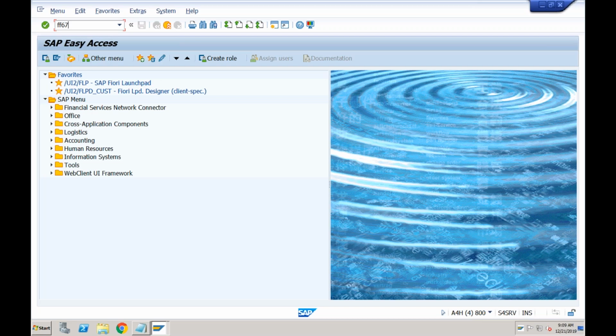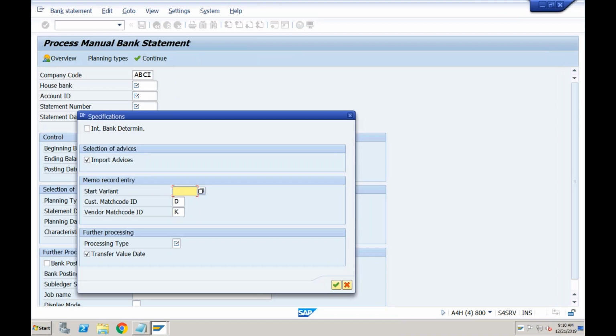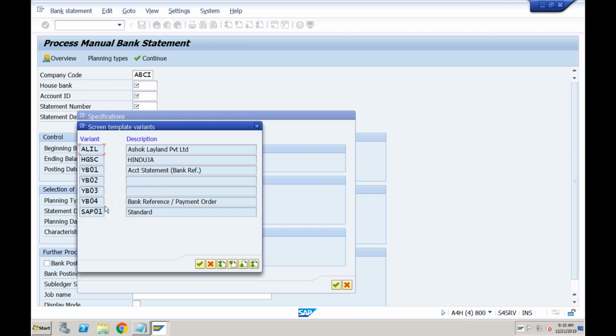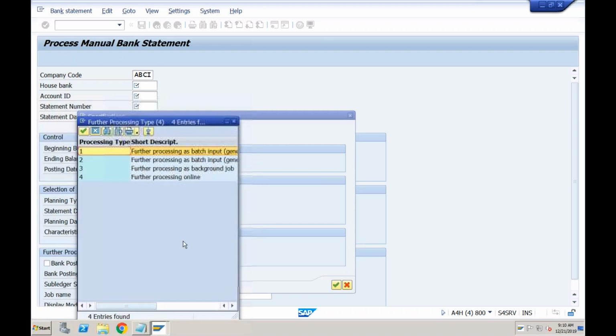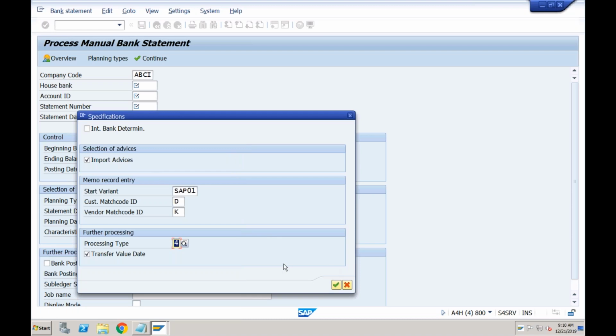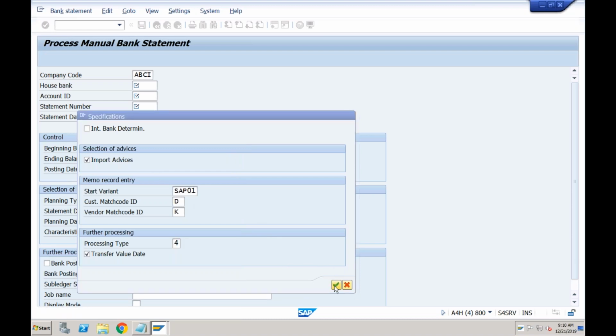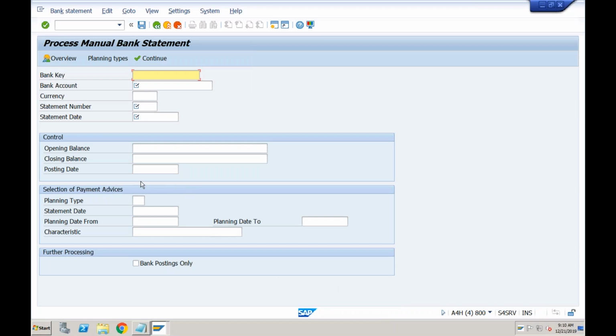So use this transaction FF67, which is allowing you to upload the manual account statement. Using this transaction, you can upload the bank statement. Okay, so if you are getting this screen here, go for the start variant and use the standard one, SAP 01. And processing type, you can use further processing online. Okay, and you can tell the system,